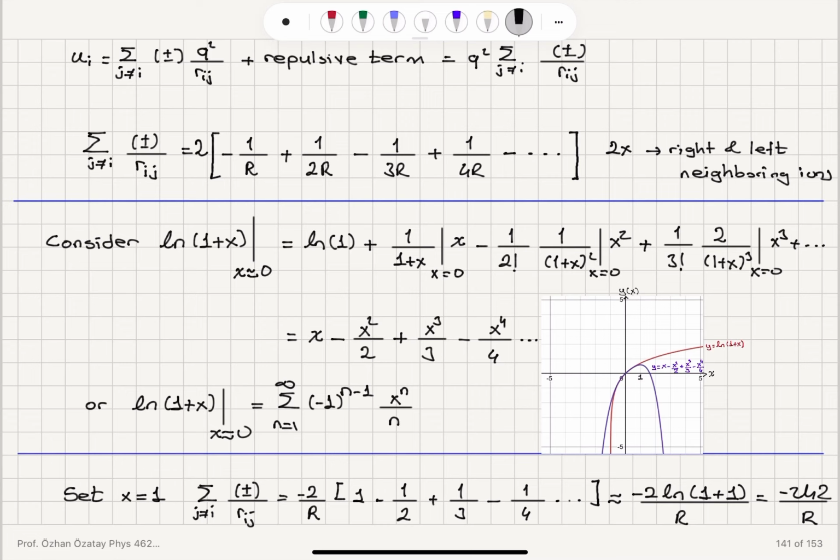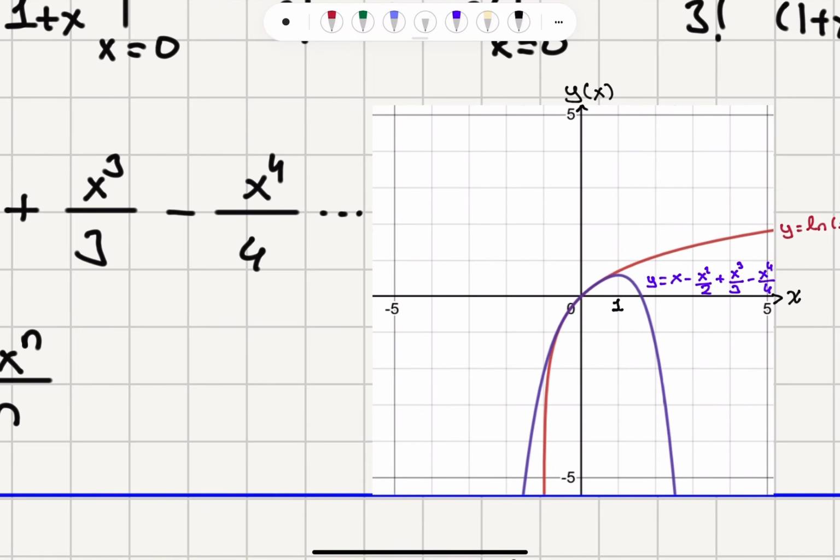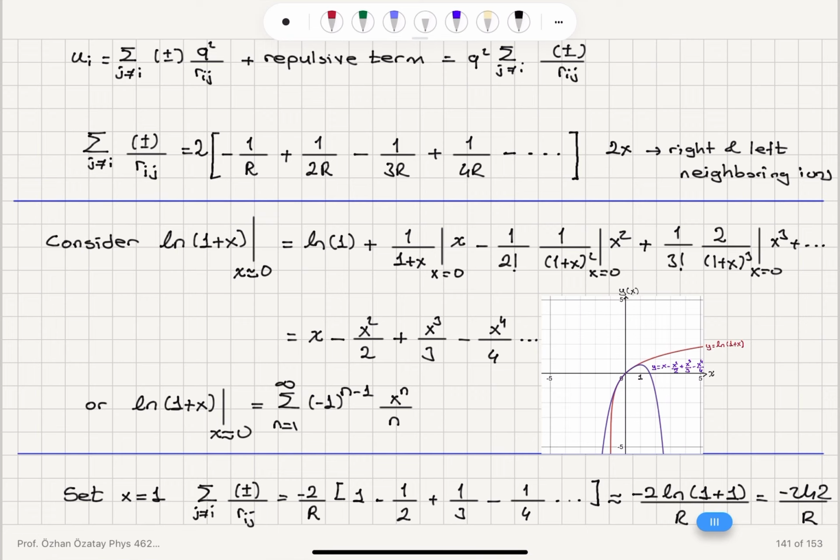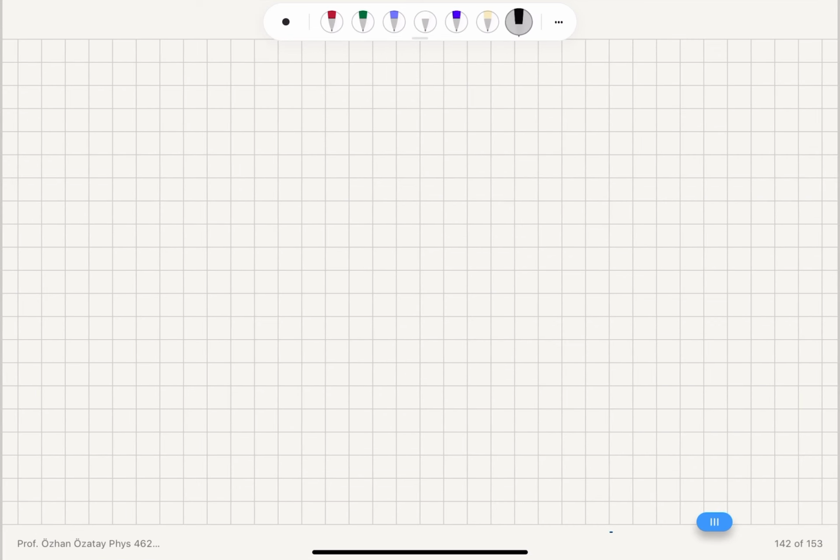Okay, so that's the mathematical trick we have to play here in order to see what approximates this series nicely. So that's basically natural logarithm of 1 plus x evaluated at x equals 1. The Taylor series expansion around x equals 0 gives a nice approximation for the value of the function at x equals 1. Okay, so let's use this result, going back to our general expression,